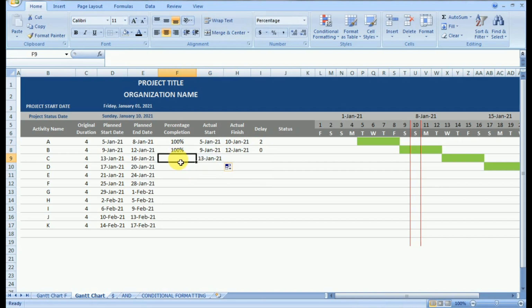This is just a simple mathematical formula we are applying to avoid the number of variables. The fewer the variables, the easier it will be for the user to update the progress or update the Excel sheet.